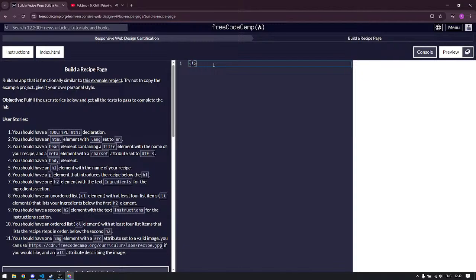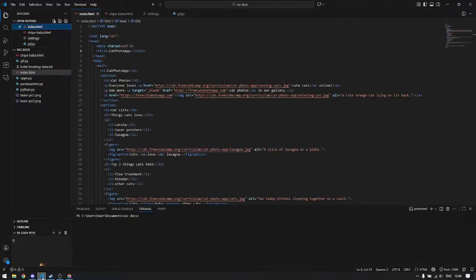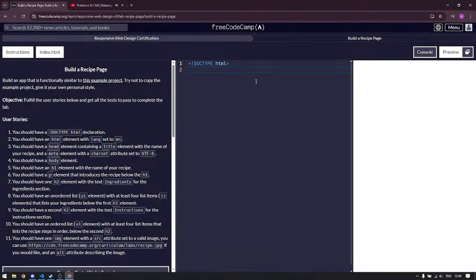I tried this out in VS Code and it was so much easier, because they complete it for you. So now I need to just do the